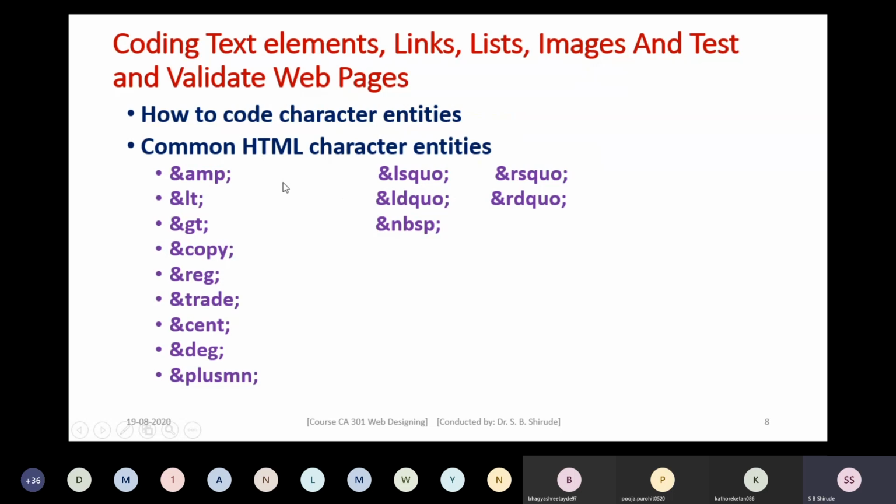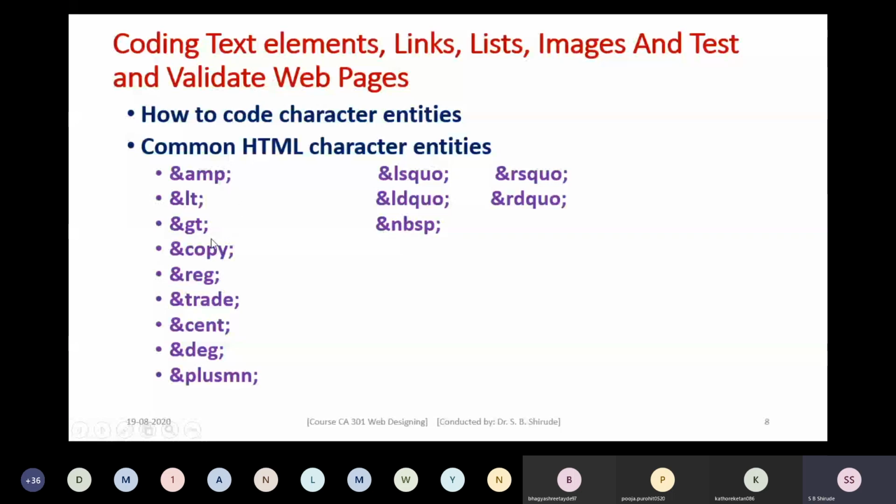I will show you with the help of examples. Then after that, the less than symbol. Less than and greater than symbols we use to specify the start and the end tags, and therefore you cannot insert them directly in the content. But if you want to insert them, you can make use of the character entities such as ampersand LT semicolon and ampersand GT semicolon.